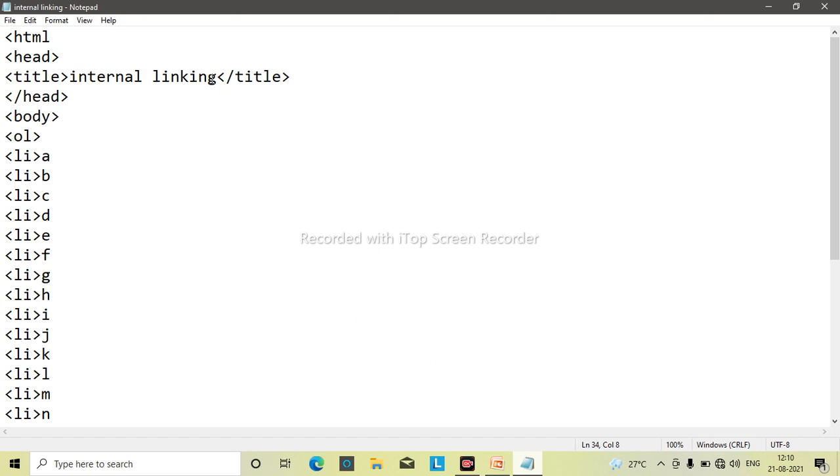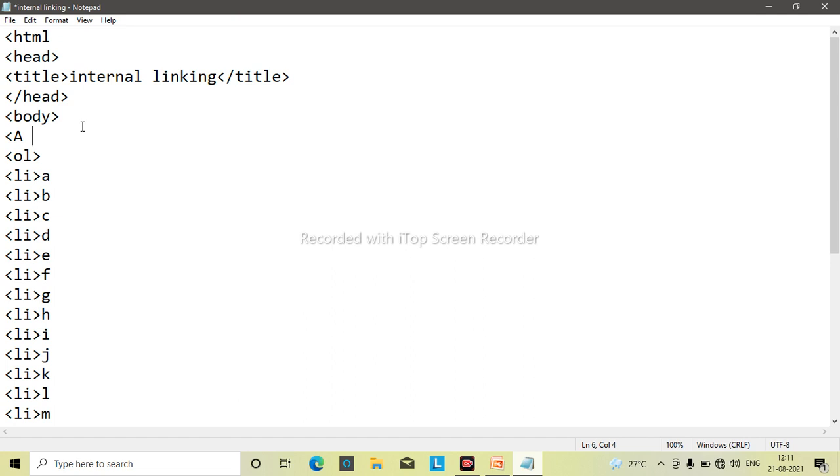So what to do? See here. After the body, what you need to write is the anchor tag. This type of mistake, never do. When we are doing linking, the anchor tag must be used.